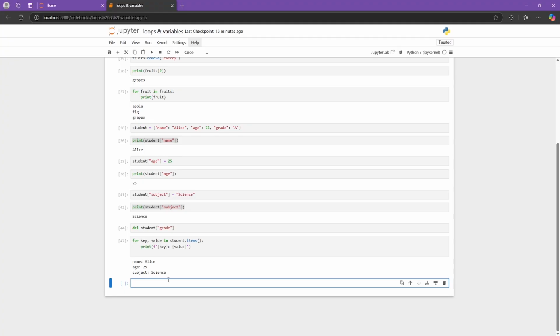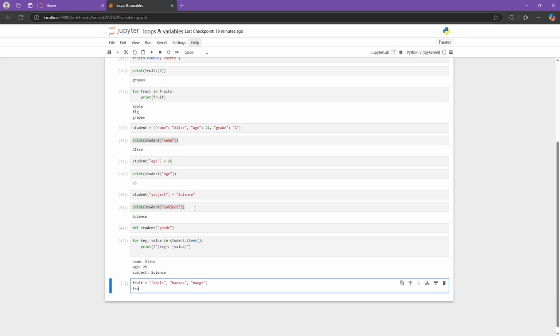First off, let's work with lists. I'm going to put in fruits, or let's just remove all of these. I'm going to put in fruit over here is equal to, with square brackets. I'm going to put in apple, comma, double quotation, let's say banana, double quotation, comma, double quotation, mango, close the square brackets. Then I'm going to put in fruits, let's say fruit 1, equal, double quotation, orange,